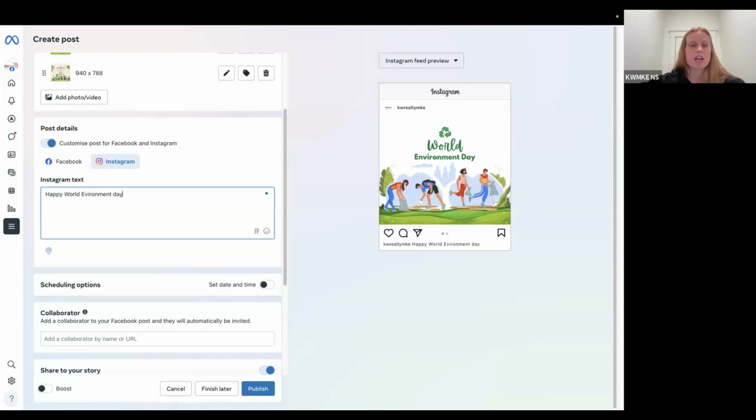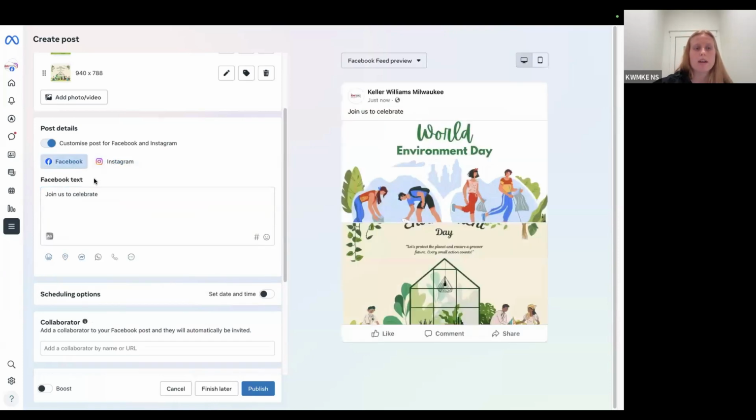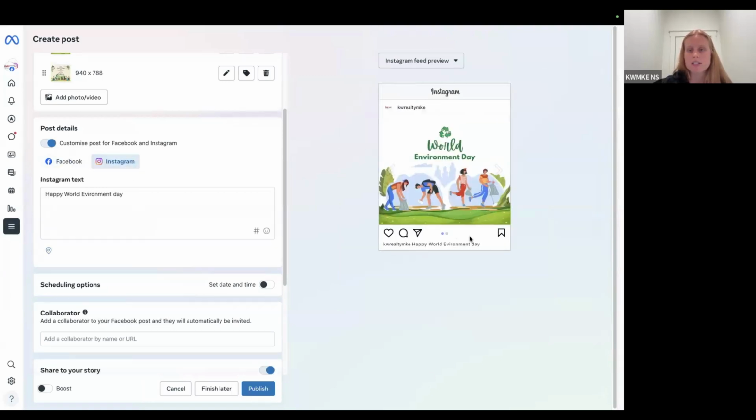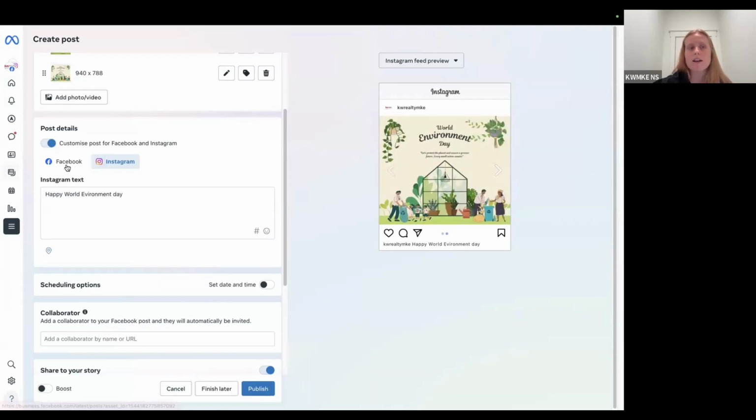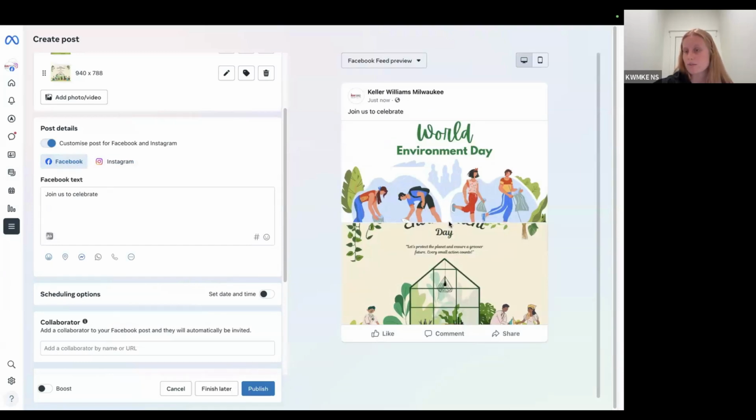So you can change things around if you wanted them to look different. You can see that this changes. This is more your Facebook layout versus this is your Instagram layout. And because we have two pictures, it's on a little carousel versus Facebook, it does this little split screen thing. So just things to keep in mind.